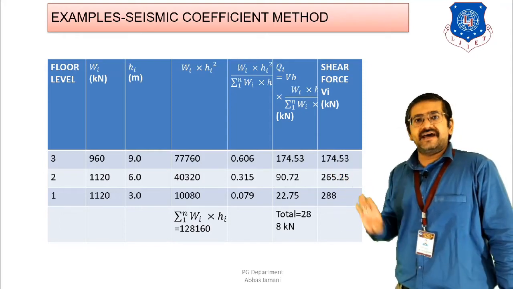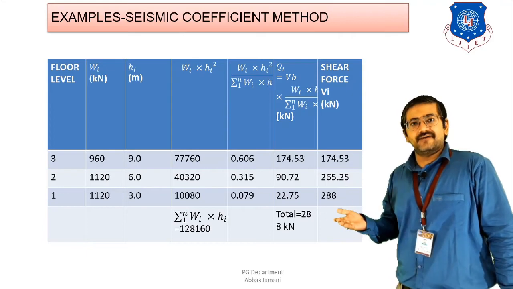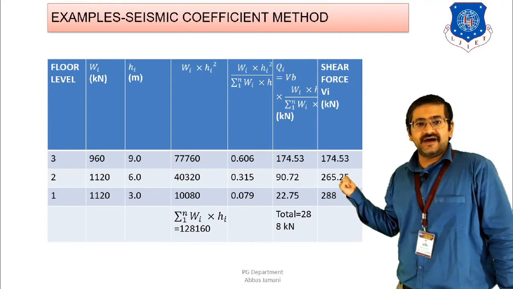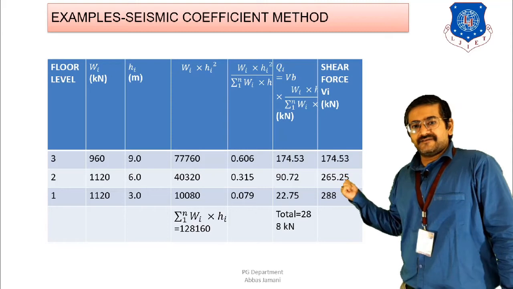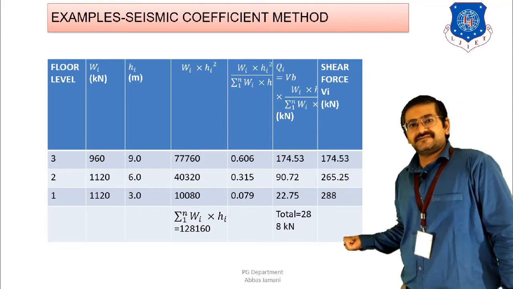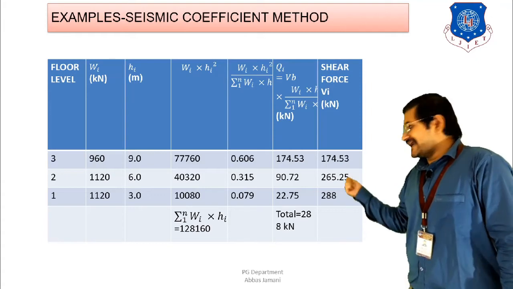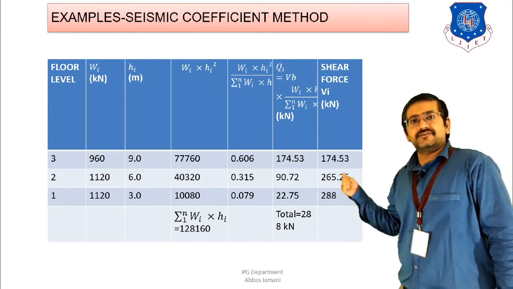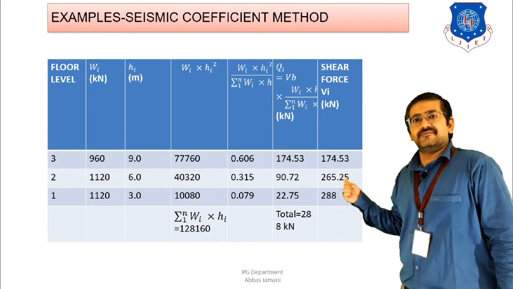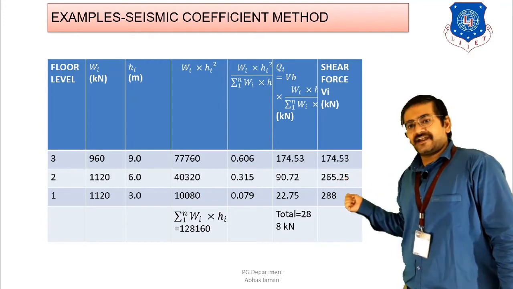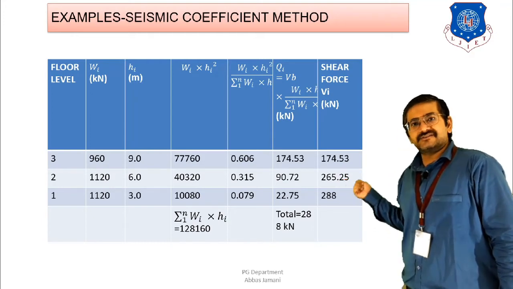So we have Wi and Hi, which means we can calculate Wi Hi square. We do the summation, sigma Wi Hi square, because we need it in the next table. Then we apply the formula Q equals Vb into Wi Hi square divided by sigma Wi Hi square. When you do that, you will get these values of lateral loads at individual floor